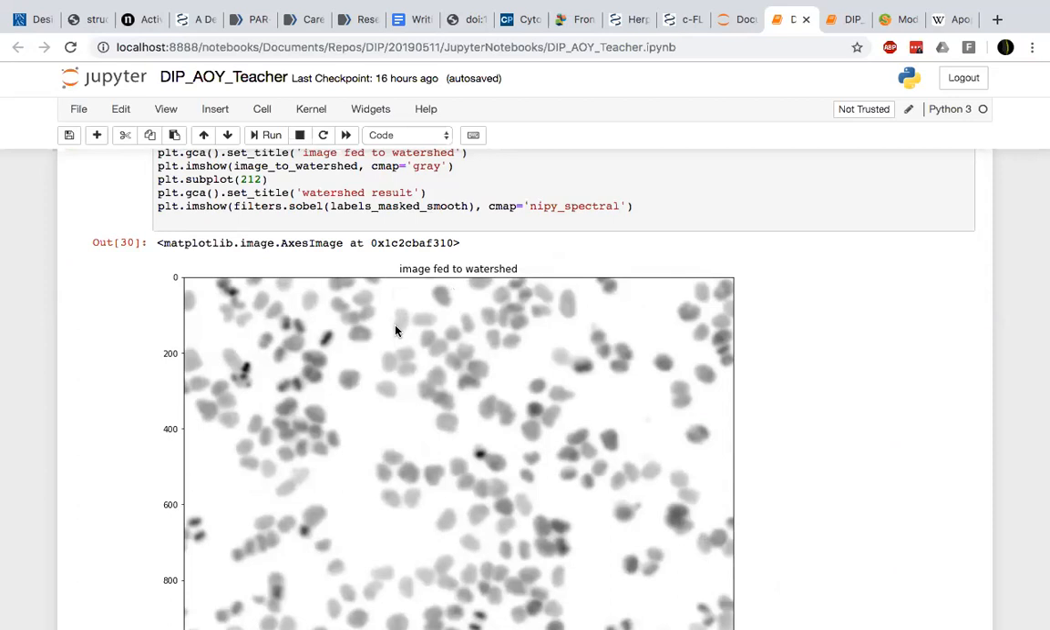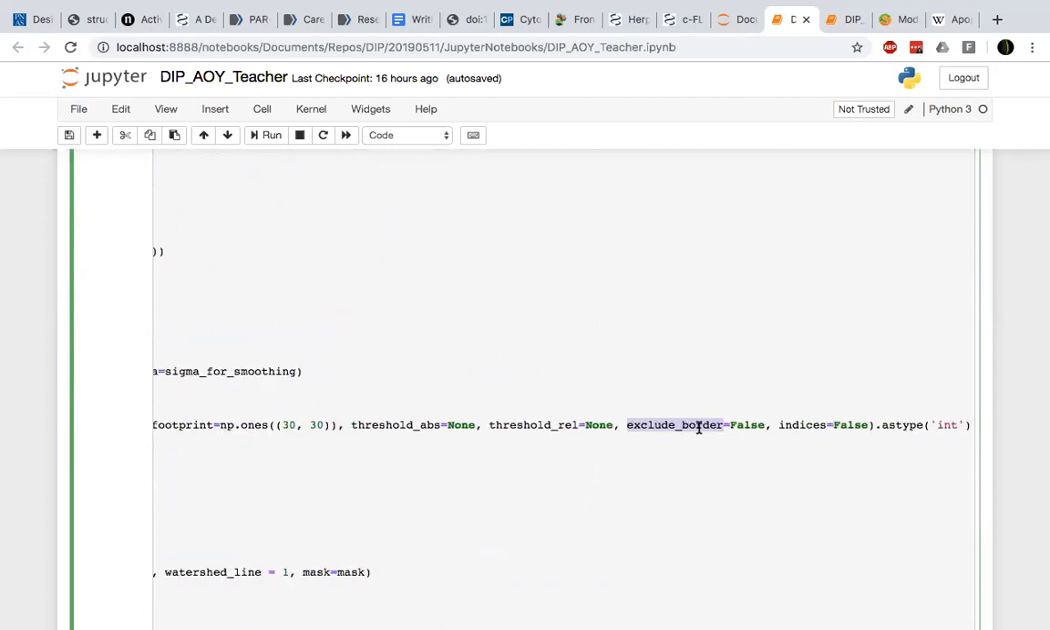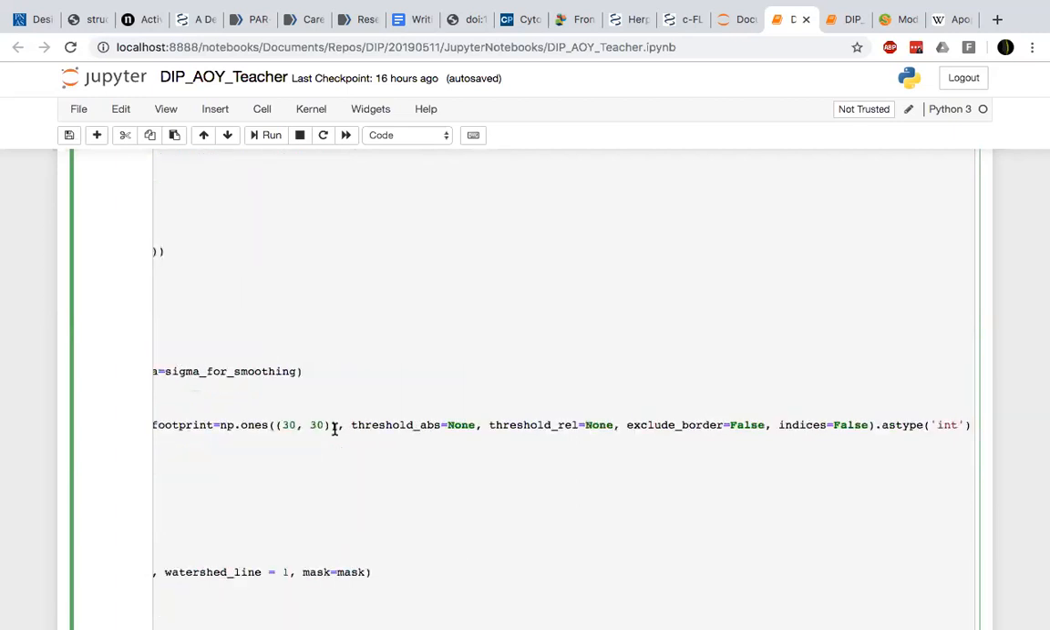And so you can choose whether you want to include or exclude these. This is just a parameter called exclude border, true or false. And for indices, this peak local max can either return an image with positive points wherever you have peaks, or the indices of these peaks, right? So it can just give you, instead of a whole image, the indices. And returning indices is good for memory, because instead of giving you